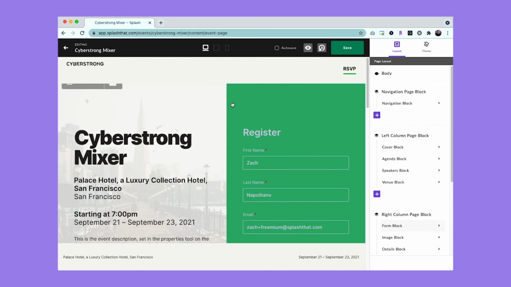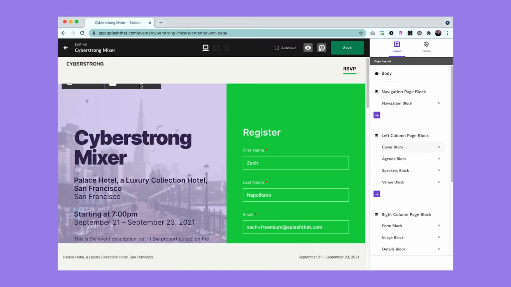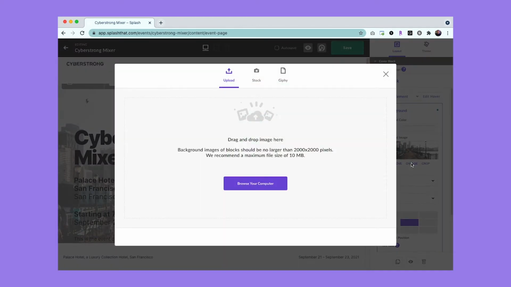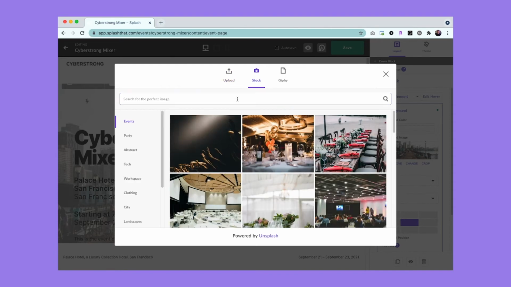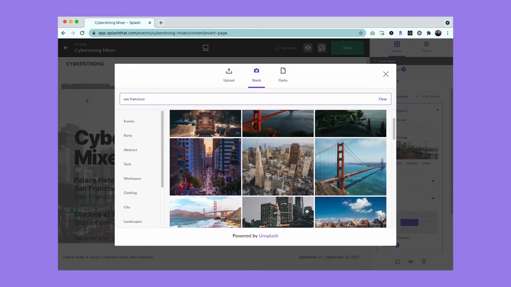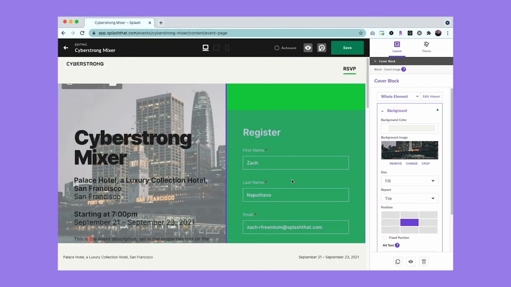So let me start with this top image in the cover area. I'm going to start by just toning down this color mask ever so slightly. And then I'm going to click to change the image. So I could upload a photo right from my computer. I could also search the stock image library, just like so, find something I really like, drop that in, it's looking